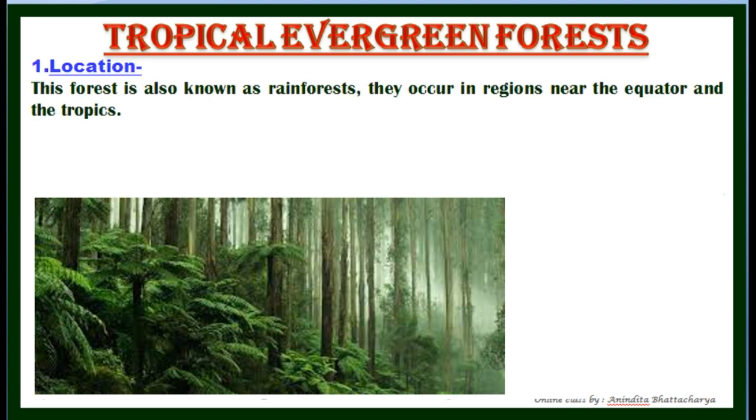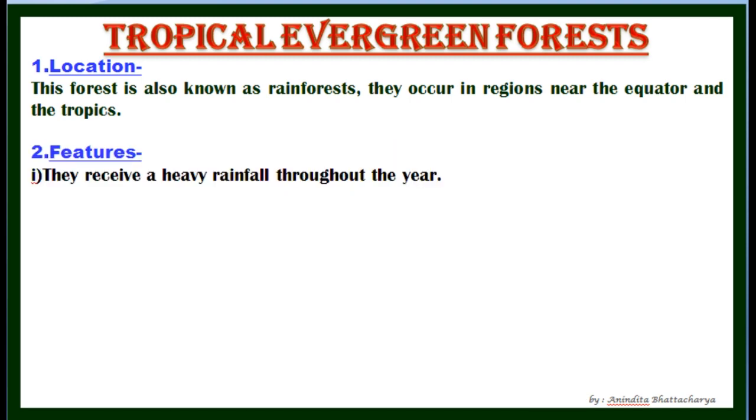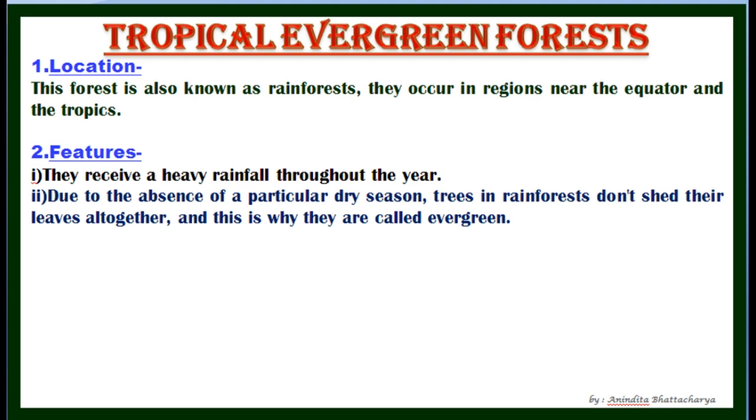Location of tropical evergreen forest. This forest is also known as rainforest. They occur in regions near the equator and the tropics. Features. They receive heavy rainfall throughout the year. Due to the absence of a particular dry season, trees in rainforest don't shed their leaves altogether, and that is why